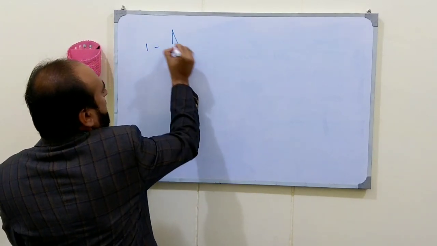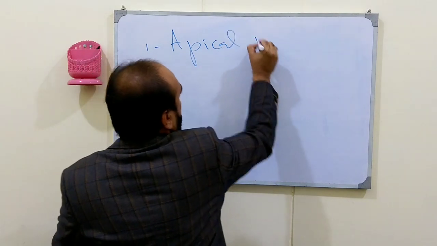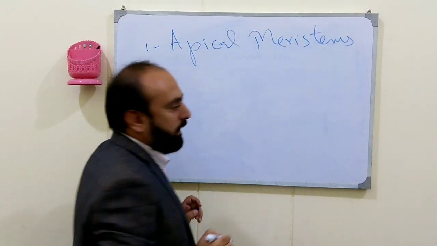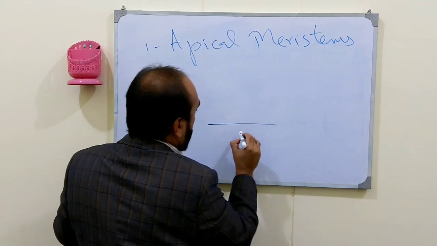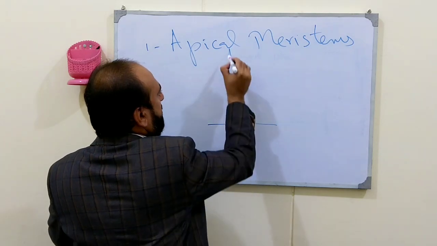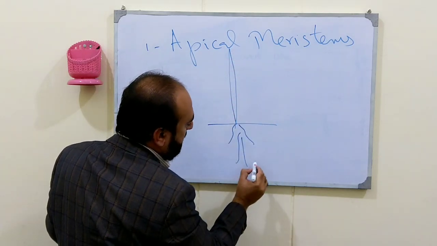First is apical meristem. Apical meristems are located at the apex or at the tip of plant,